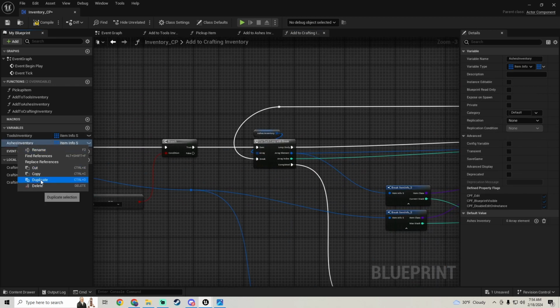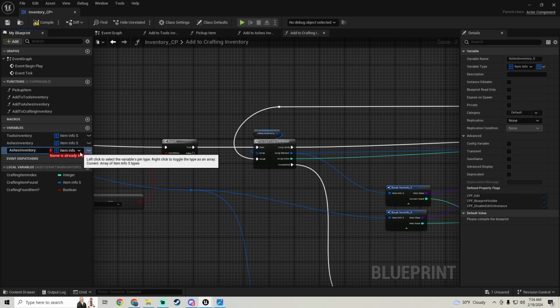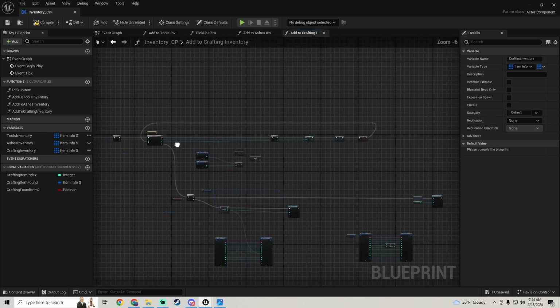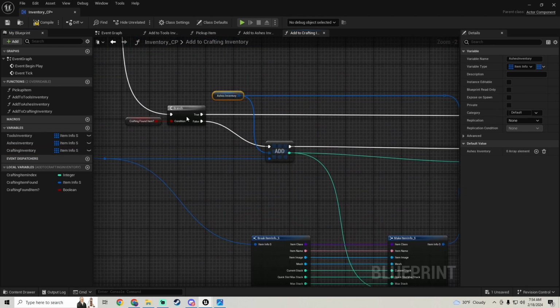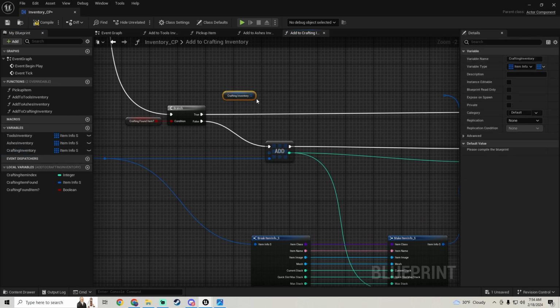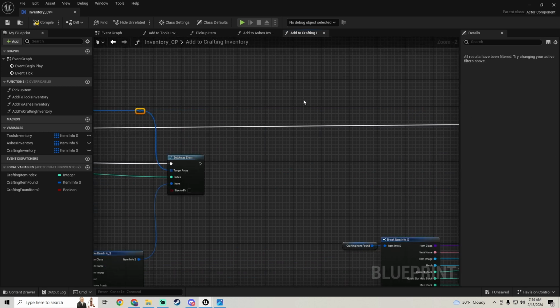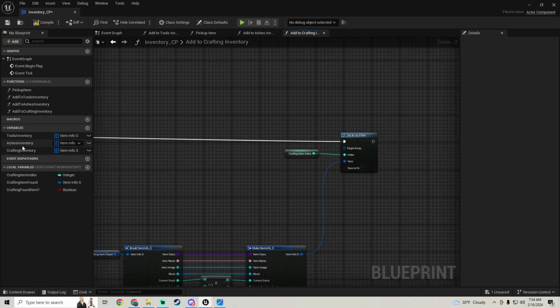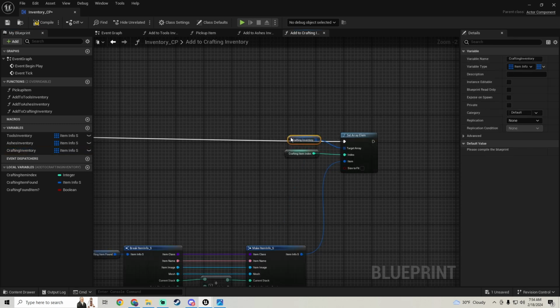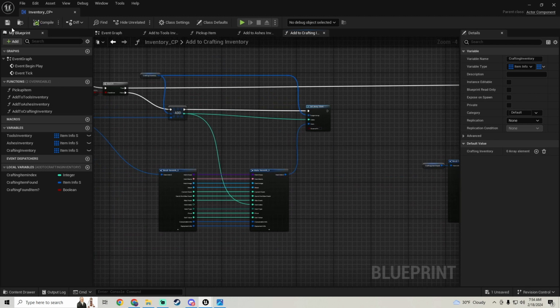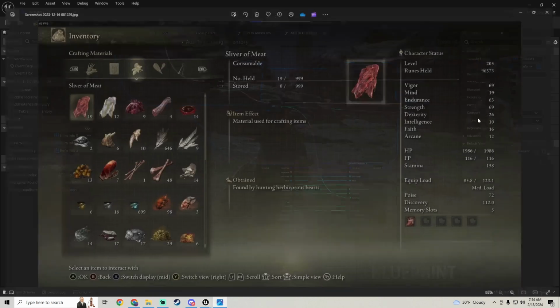And we're gonna duplicate this inventory and make it our crafting inventory. Delete this variable, add in our crafting inventory, and then delete this one, add in our crafting inventory, and same down here, delete that one. We're gonna add in our crafting inventory, and there we go. Compile, save. Next is gonna be